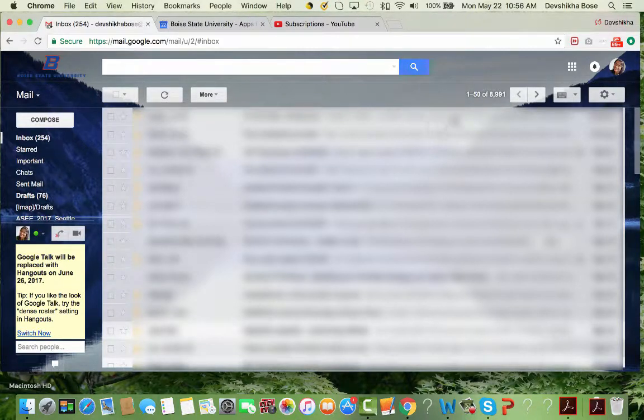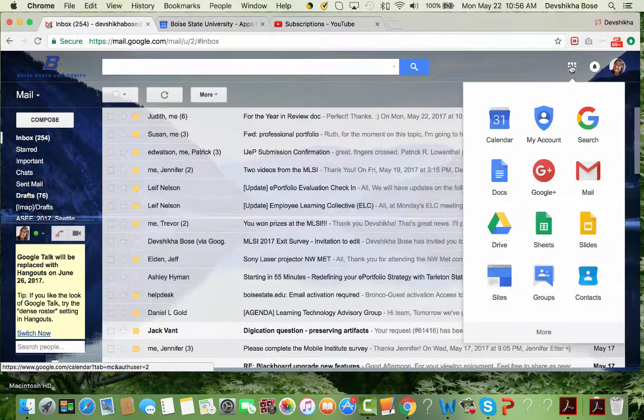In this case, I am using my Boise State Gmail. And up in the Google Apps area, you need to click and then locate sites. Now sometimes this sites icon may not be visible, and then you may need to click on more to access it. Here sites is visible, so I'm going to click on sites,